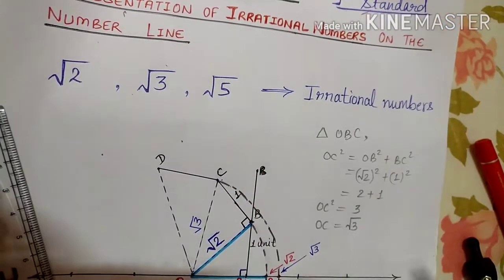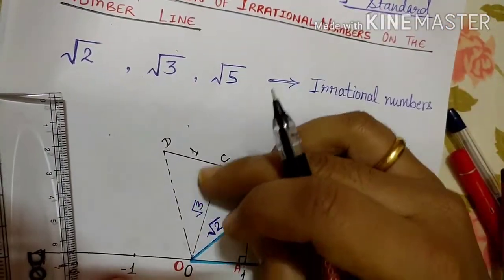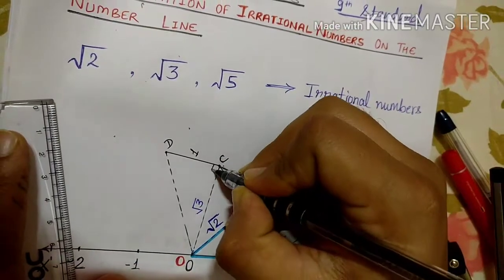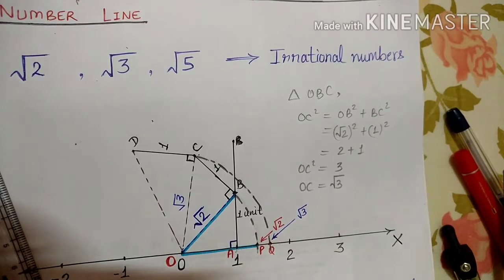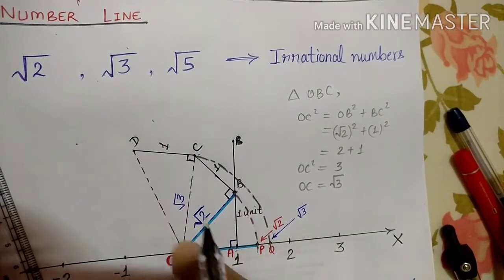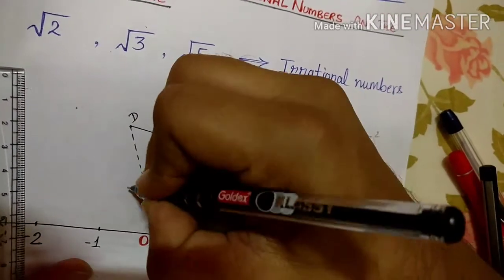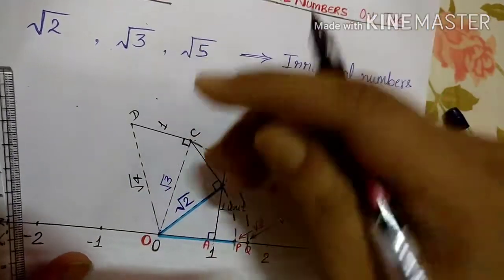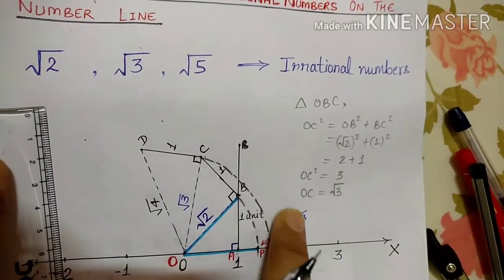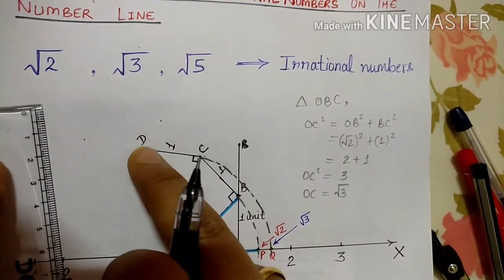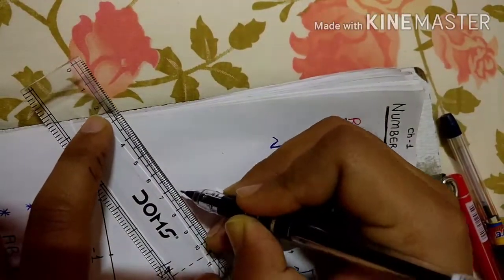As we have followed the procedure already, this is also 1 unit. Now again in this triangle OCD, angle C is a 90-degree angle, so the same thing applies in the right triangle OCD. OD is the hypotenuse. Root 3 square is 3, plus 1 is 4, so it becomes root 4. Now we need to show root 5, so we will not represent root 4 here. Again we have to draw a straight line from point D.